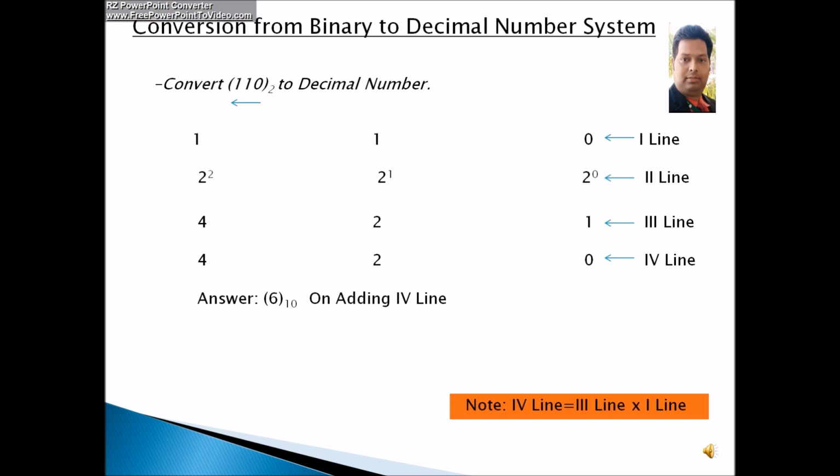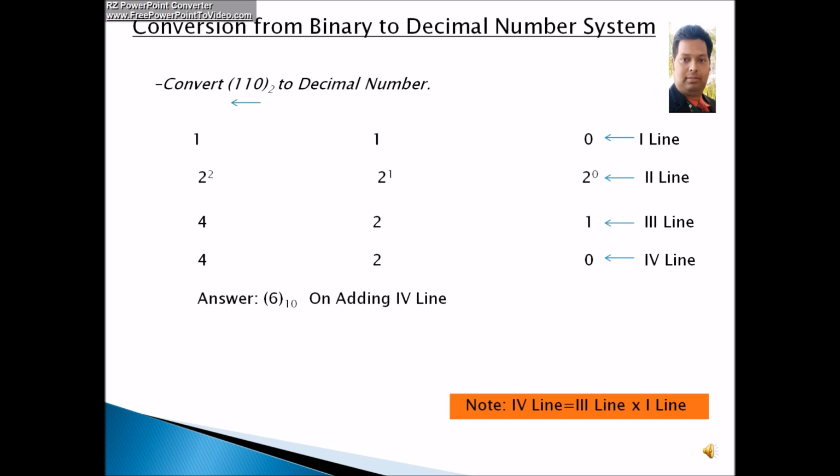Now see in the second line, all the number systems have certain place values. Binary number system starts from 2 power 0 from unit place. Hexadecimal number system starts from 16 power 0 from unit place, and decimal number system 10 power 0 starts from unit place. So in the second line we see 2 power 0 is the unit place value. Now in the middle it is 2 power 1. Now in the leftmost side it is 2 power 2. Now you will notice one thing, that the power is increasing by 1 each time when we proceed towards left.